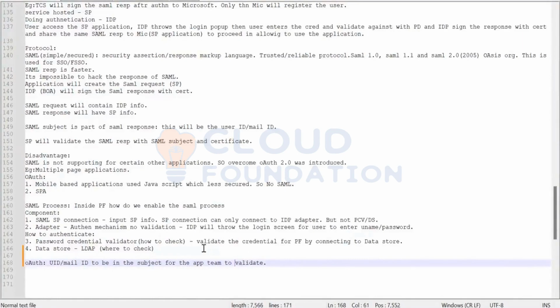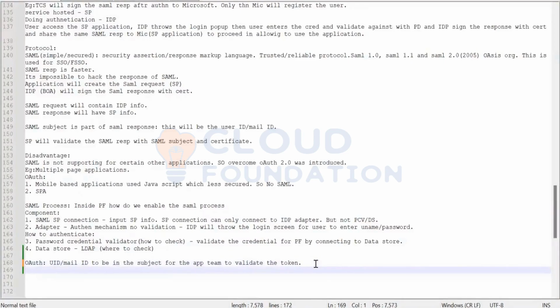Which attribute inside the LDAP will be used as a unique identifier? Either the UID or the mail address, right? These are the two things. Either the application team will ask for UID or mail address. If they are asking for different things, like a first name or last name, don't send it actually.